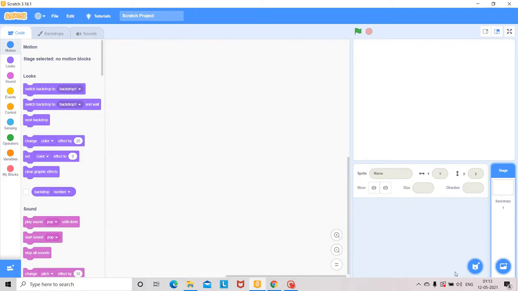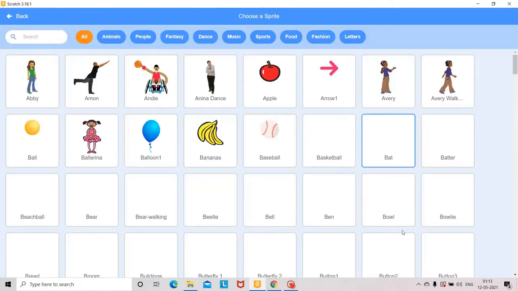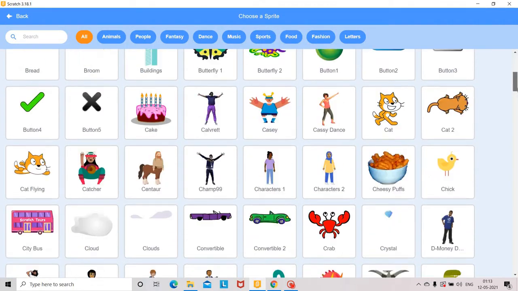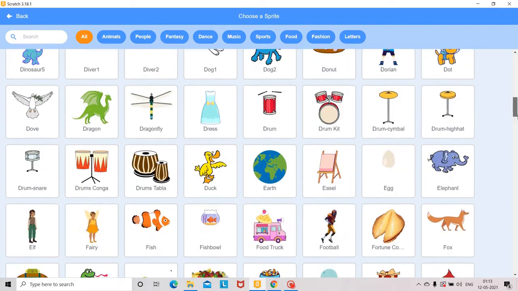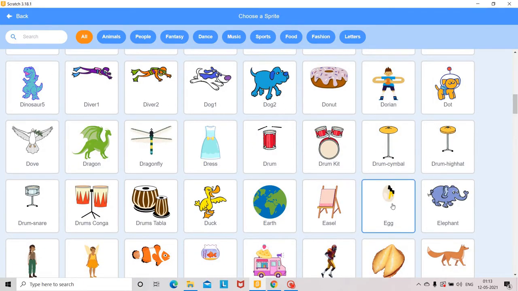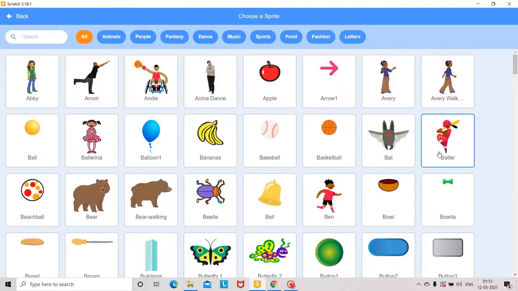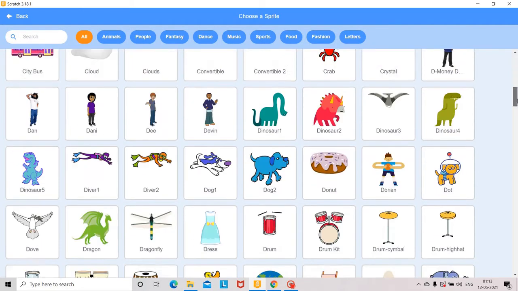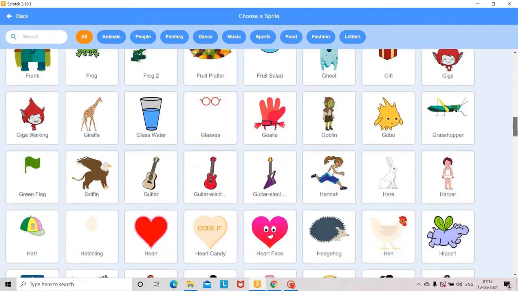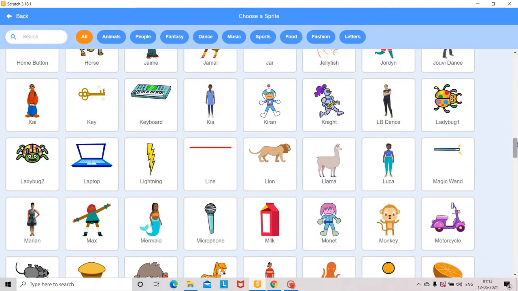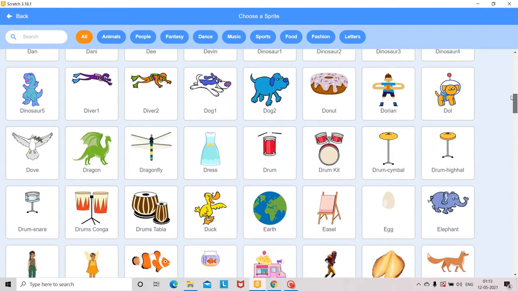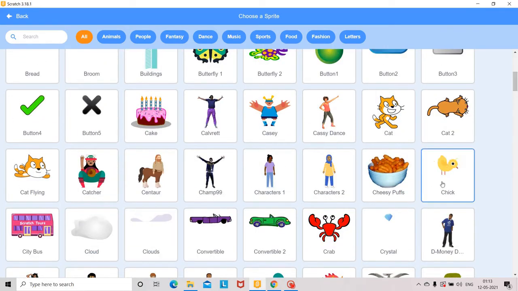So how can we take the sprites? At the right side you can see the toolbar. In that, you click choose a sprite. The two sprites I am taking are a chick and an egg.